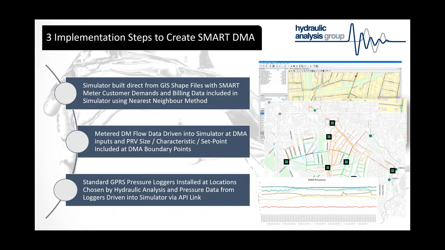So there's 3 main steps really to create this DMA, and it really isn't an awful lot of work. It sounds like a massive undertaking, but we've got this pilot project. We've got the twin up and running in less than 3 weeks. So first of all, we take shape files. That's GIS shape files of